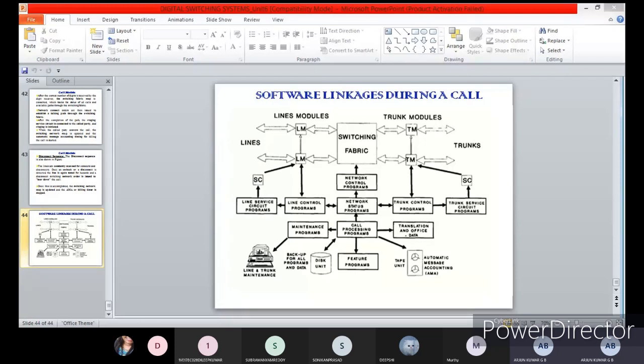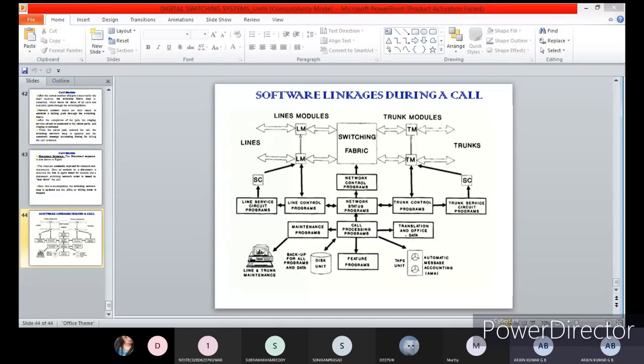In the line control program: it will be there on both the trunk side as well as the line side. These line control programs scan the line modules and report the status to the network status programs. You can observe in the block diagram, there is a network status program.